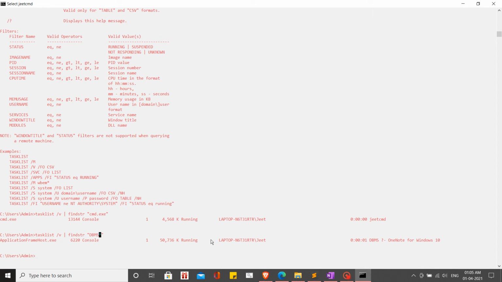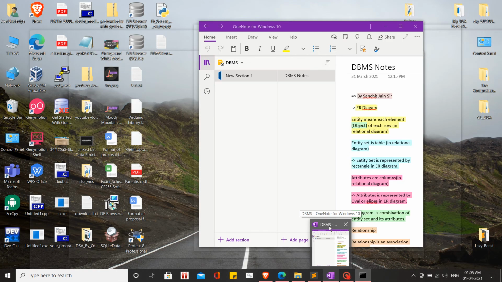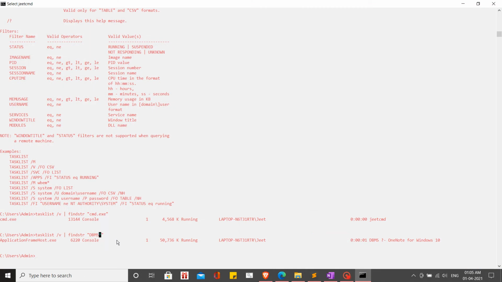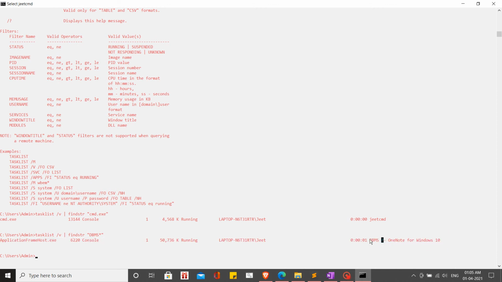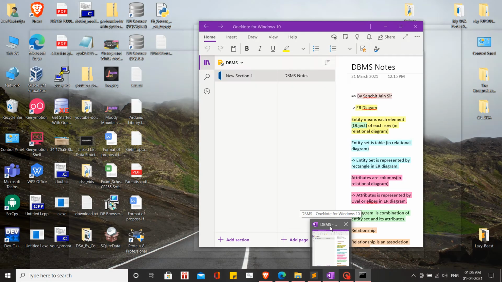And why we added the star, and why I said it won't find it, is because if you hover over it, you can see that after the hyphen there is no question mark shown in the title. But if you check in our search list, it says that after dbms there's a question mark, and then a hyphen, and then OneNote for Windows 10, right? So what I was saying is that sometimes it does not assign the exact same title name as it is showing over here.